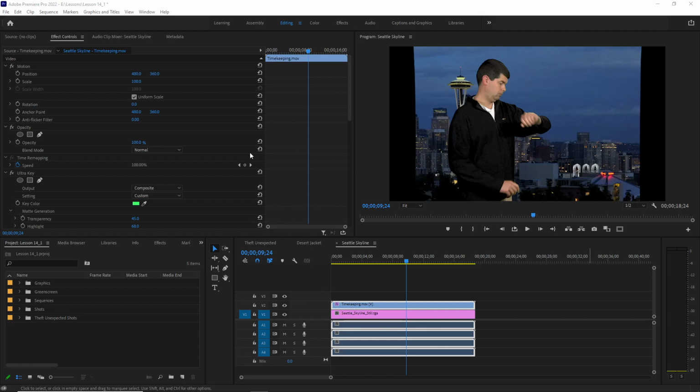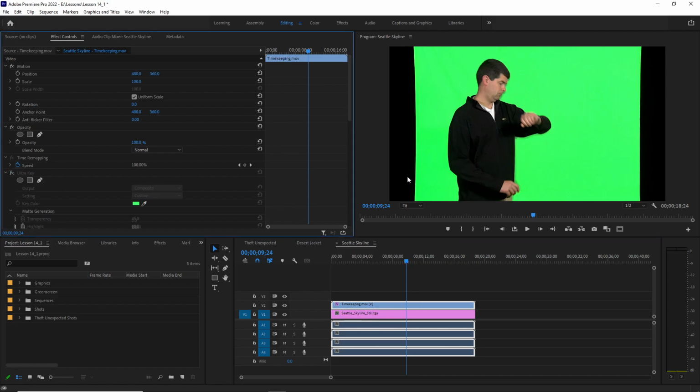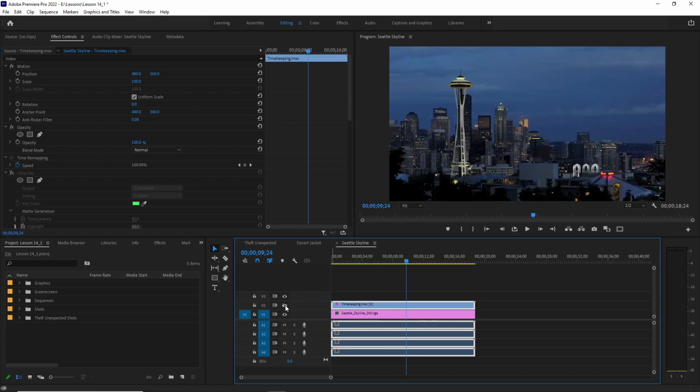So as you can see, we have these two black lines on our foreground footage, the gentleman there, and we want to get rid of those. So we want to see what that is. So we'll come over here to our effects control panel, make sure the timekeeping MOV is selected, and you can turn off your Ultra keyer. So you see we have black bars. If we turn off this whole timeline or video 2 track, you can see it's just prevalent on our one